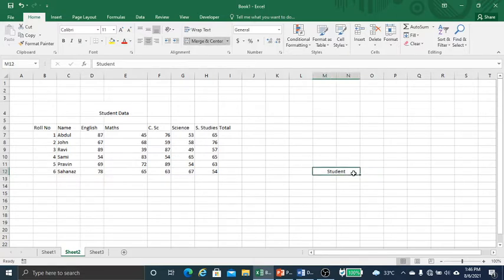You can see here it is merged. Let me write here student data again. Now I want to merge into one cell, so I will select the cells and just click on merge and center.